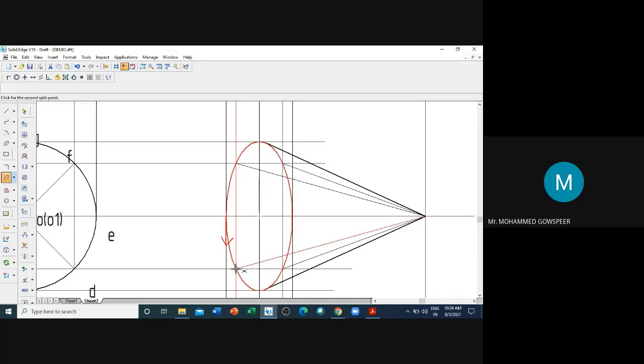Then again, click on element to split, split point, and repeat for each point.